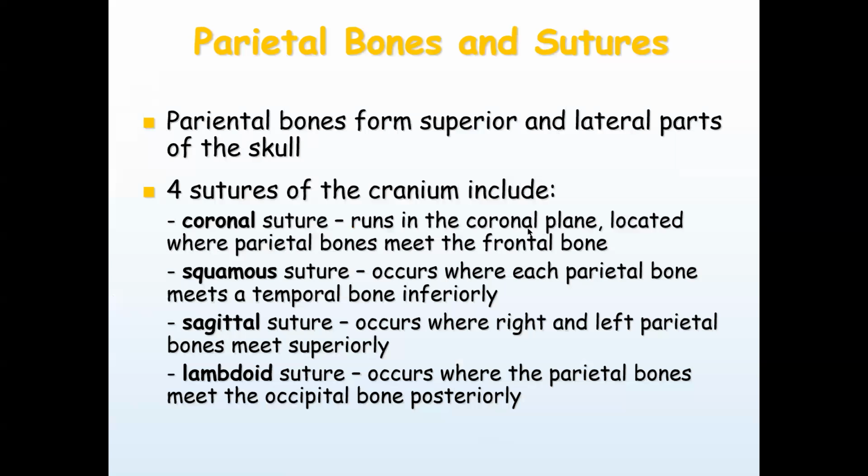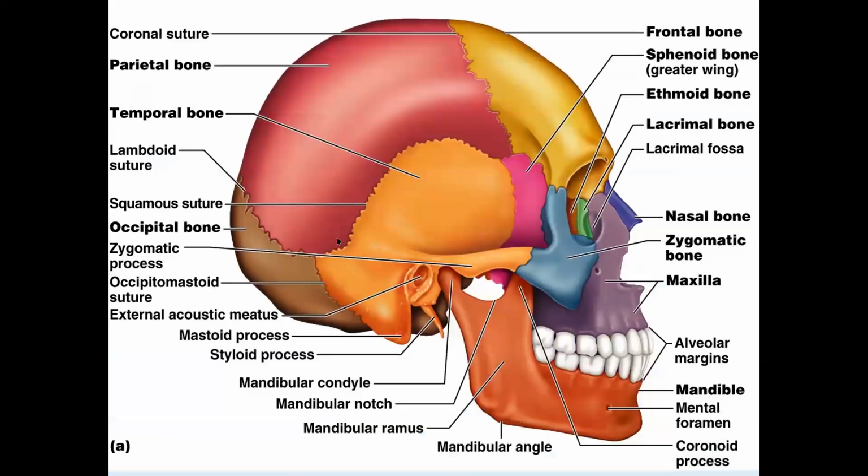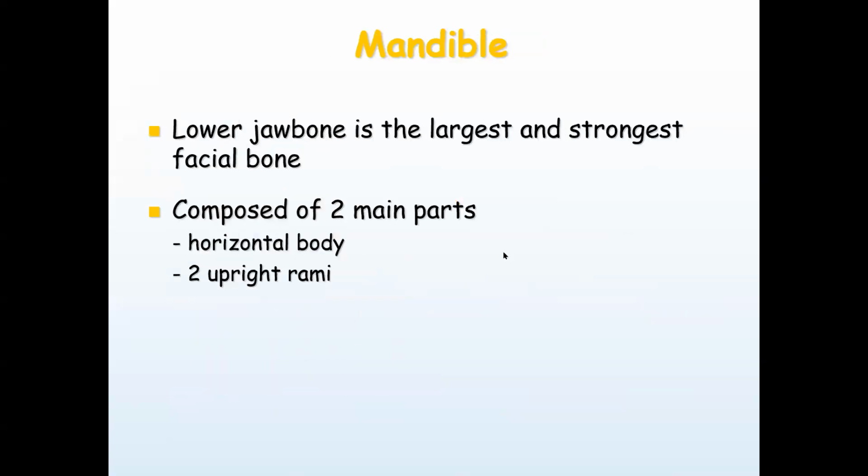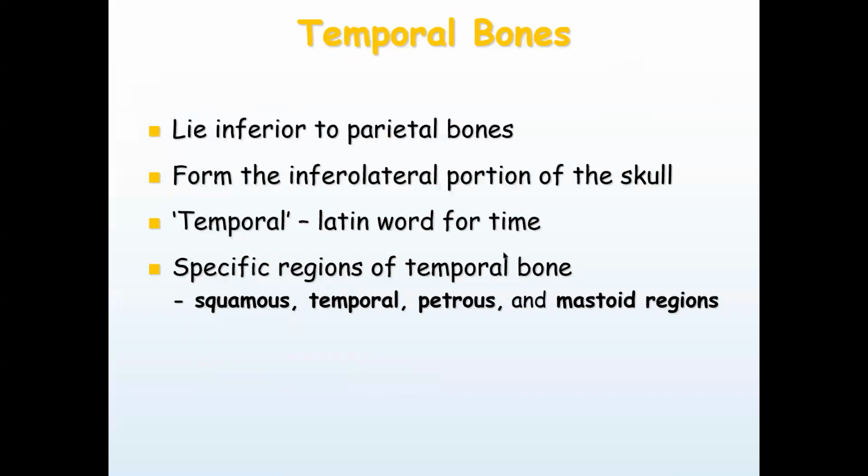So the coronal suture runs across the skull, basically, right? The squamous suture runs laterally, as you can see here, and the lambdoid suture runs posteriorly. Okay. Now, that said,